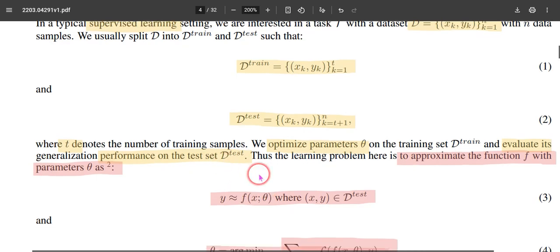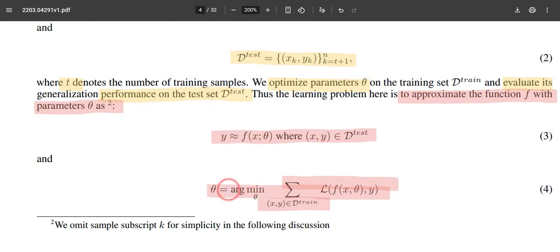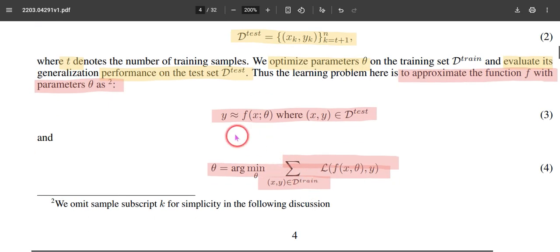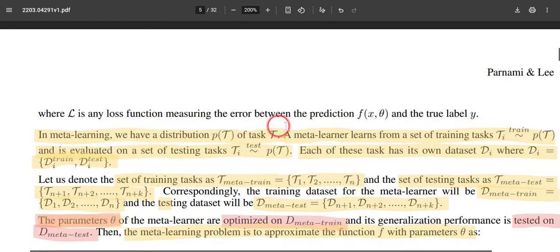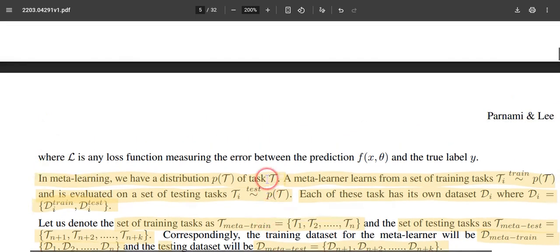So the objective is to fit a model, to identify the optimal parameters such that the loss function, which is the error between the true test data and the model output, is minimized. So the loss function is going to be the error between the predictions and the true label. Similarly, meta learning is about